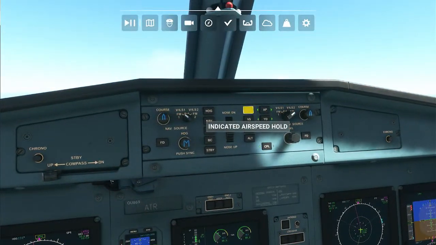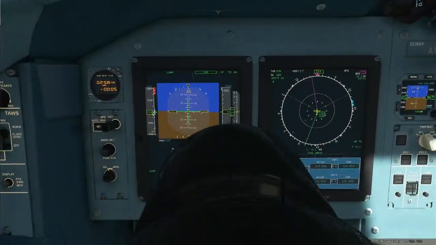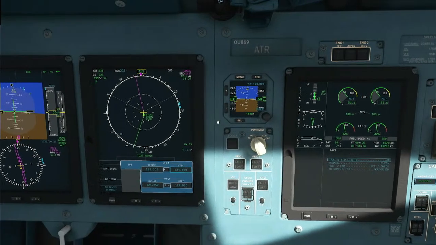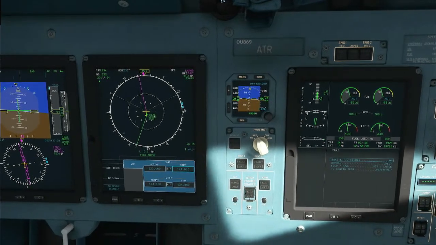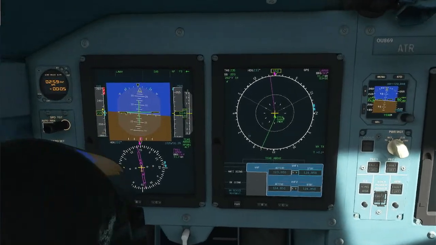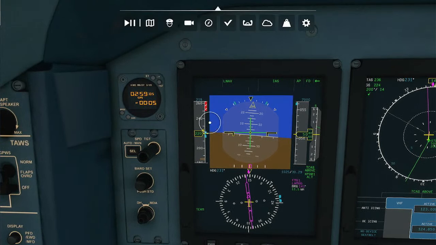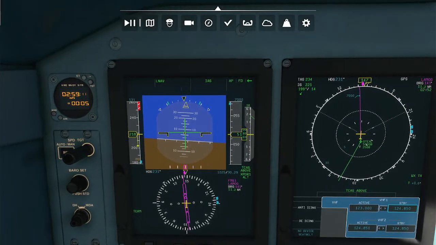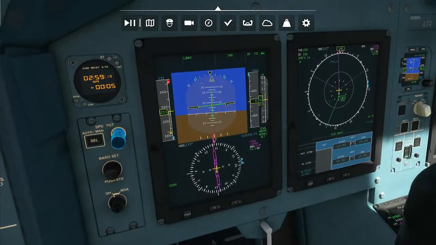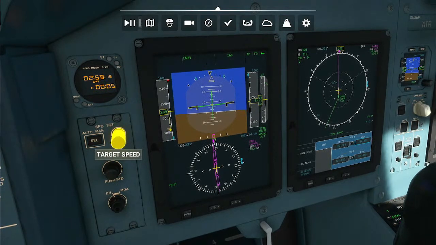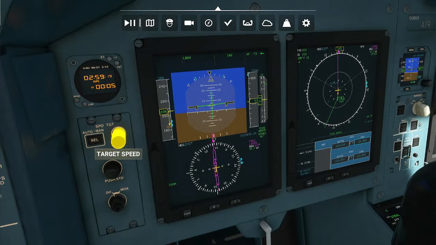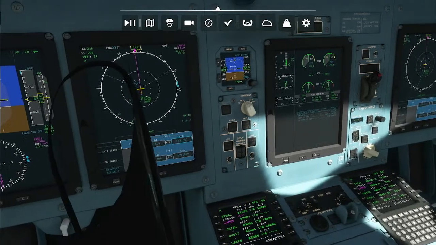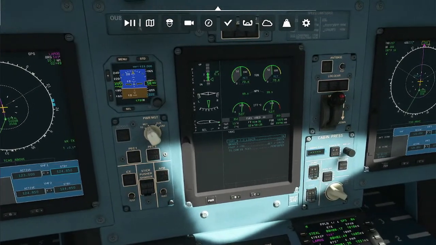All right, let's click IAS so we can go up again. We're in climb mode. Let's put our thrusters back up a bit. Let's see what our automatic speed is. It still says 131. That's crazy. All right, let's put this at like 190. Not really sure what the climbing speed is supposed to be in this airplane, but